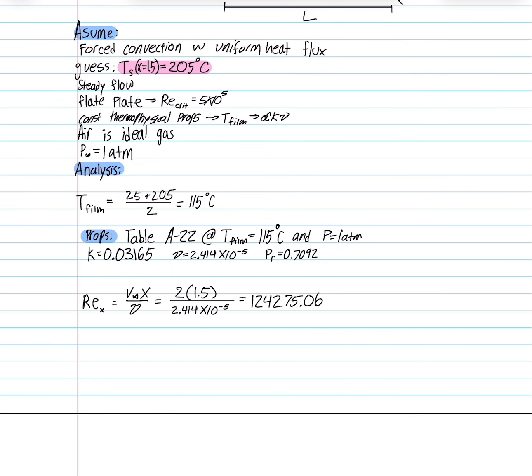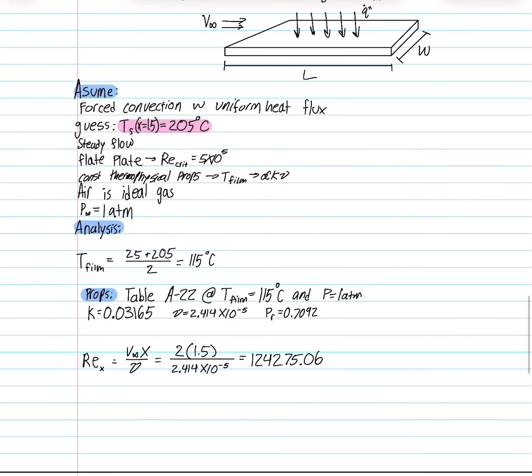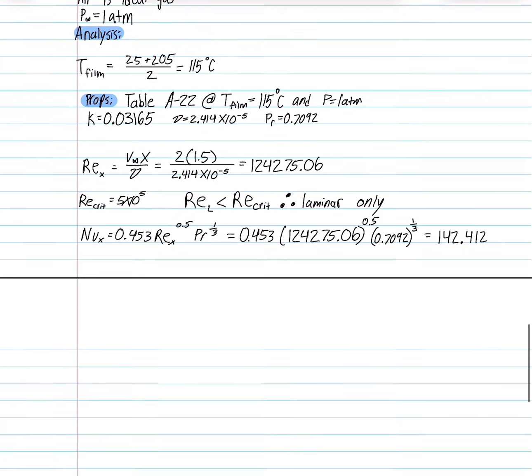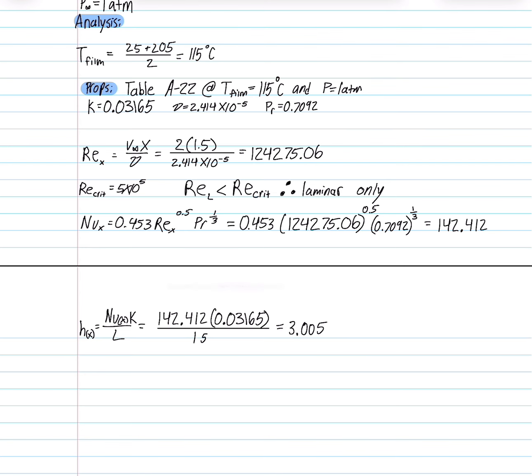So we now have V, so we can find the Reynolds number at the edge of the plate, which is 1.5, because the length is 1.5. And we know that the Reynolds number at the edge of the plate is less than the critical Reynolds number, so we only have laminar flow. So we pull the Nusselt number correlation equation that is only for laminar flow, and we get